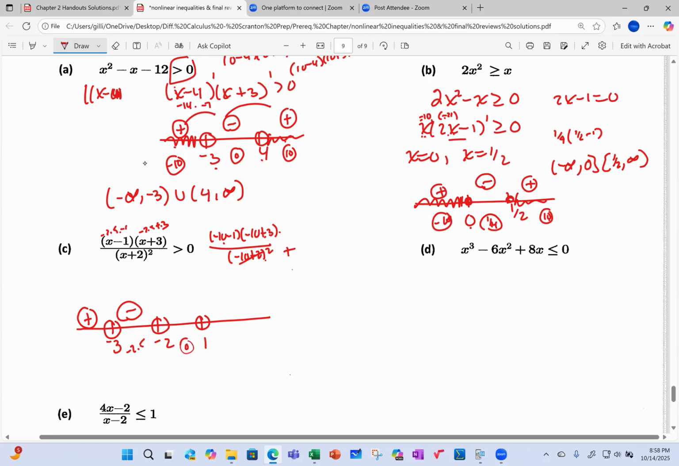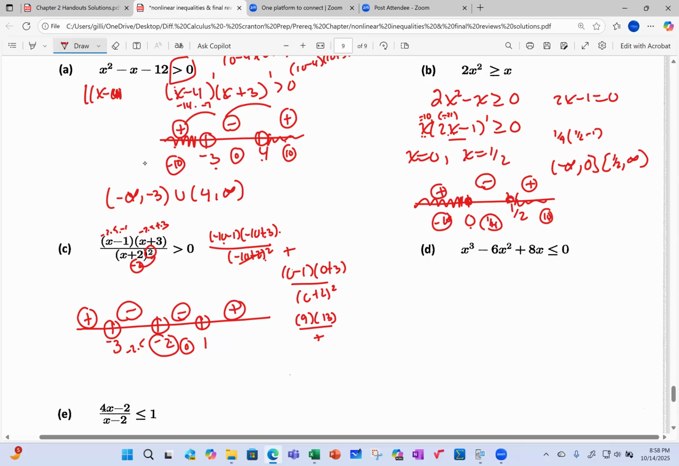If I pick 0, that's in between -2 and 1, I'll get 0 minus 1 times 0 plus 3 over 0 plus 2 squared. -1 times a +3 is a negative. And then last, guys, if I pick 10, I'll get a +9 times a +13 over a positive, which is a positive. So in the reflection part, I would not expect a sign change at -2 because that -2 came